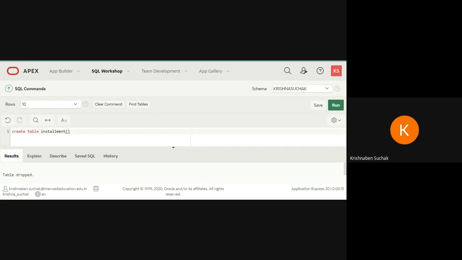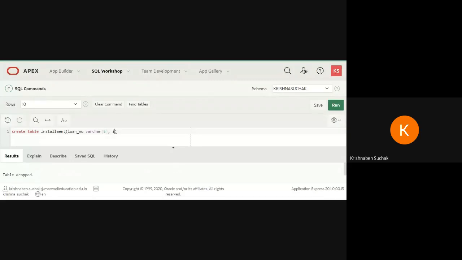So here the query is create table installment and then I am writing here column name and data type and length. Okay. So first loan number, data type would be varchar, right?